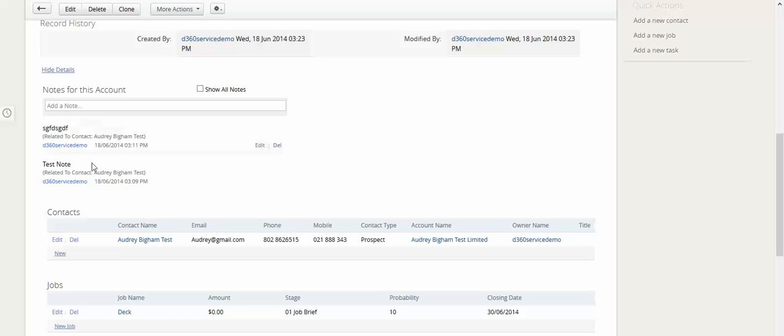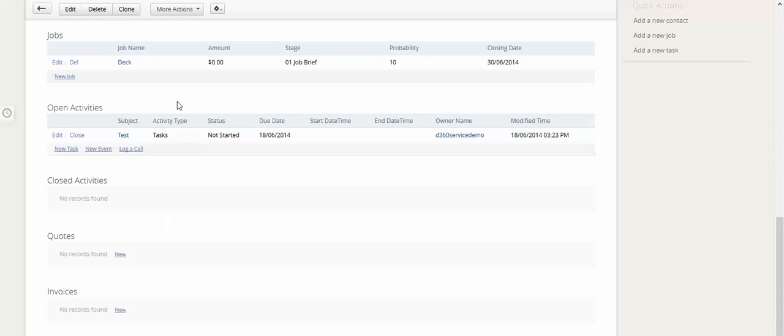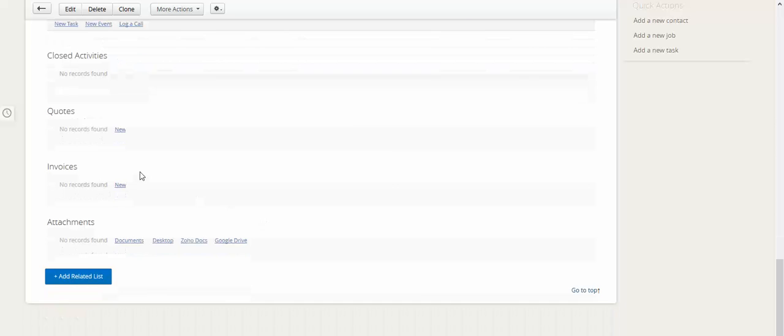You can also place notes. You can also see all the contacts. You can see the jobs, so whether they have been quoted or whether they've been totally completed. You can see tasks, so there's some open tasks here. There'll be a lot of closed tasks as well. There'll be quotes if quotes have been prepared, invoices, and one of the big things that we do at Digital